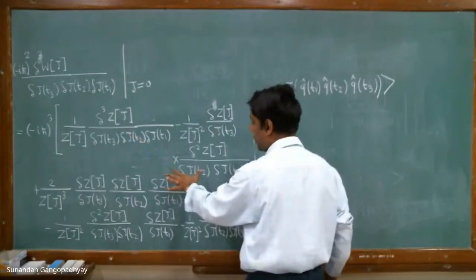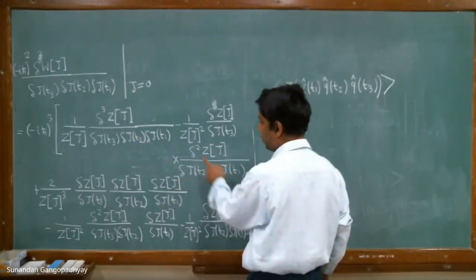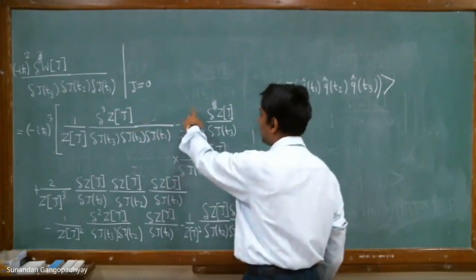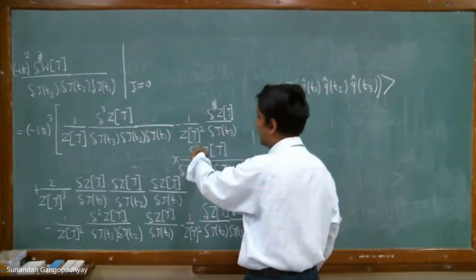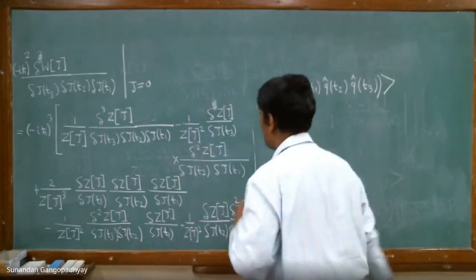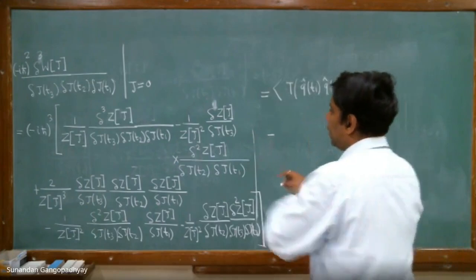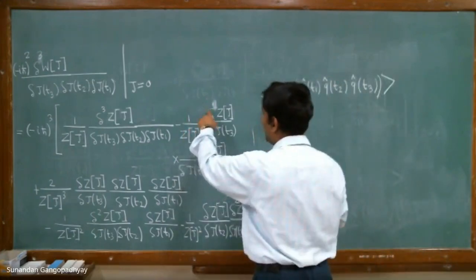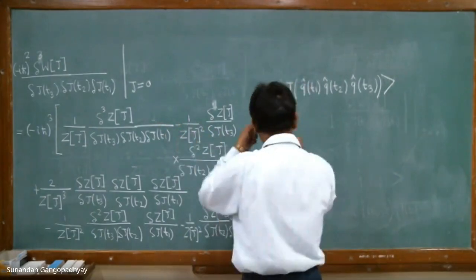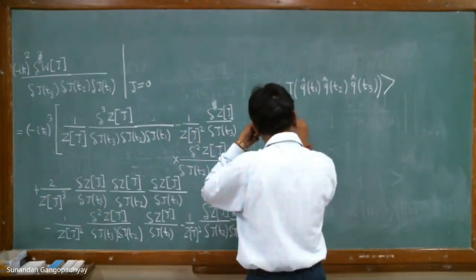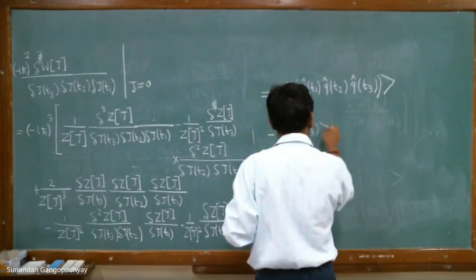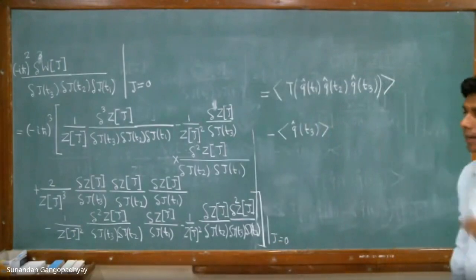You can take i h bar squared and attach it with a 1 by zj, and the remaining minus i h bar you can clump with this term with another 1 by zj. And you have a minus outside. So let us write it down. So you have a minus 1 by zj del j T3 with a minus i h bar, which is by definition nothing but q hat, since this is at time T3. Expectation of q hat at time T3.